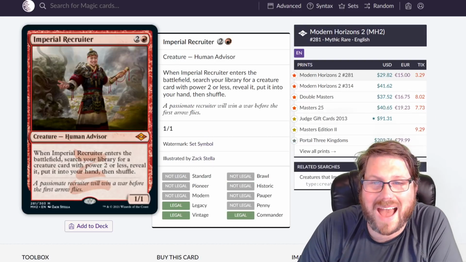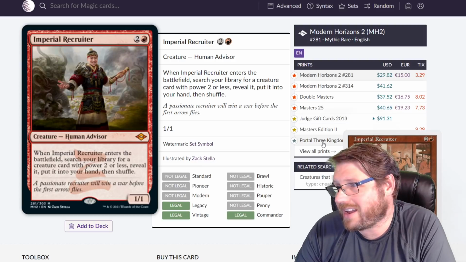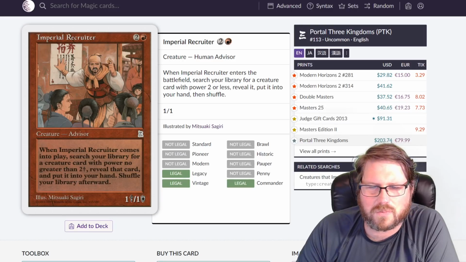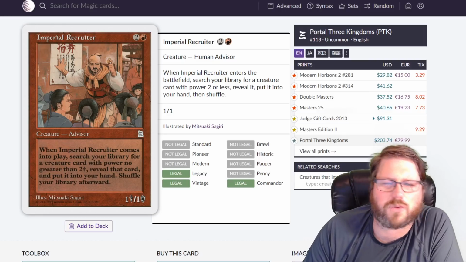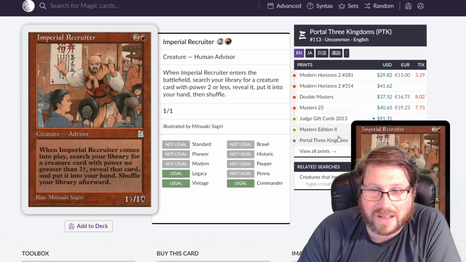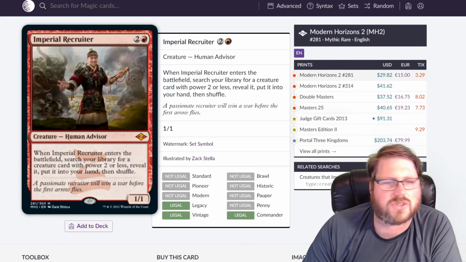Number 3, we have Imperial Recruiter. You know, this was originally printed in Portal Three Kingdoms, and it was super expensive. And right now you can get this copy for like $200, but at one point in time it was like $300 something, $400. It was crazy. And then they started just reprinting it like crazy. And now it's going to be down below $30, and hopefully it'll get lower and lower and lower